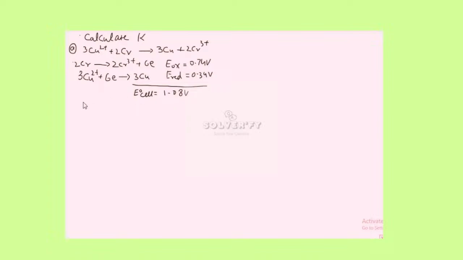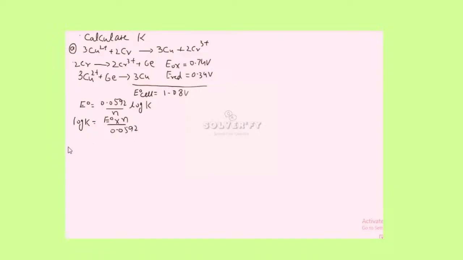To determine the K, we will use the equation that E naught is equal to 0.0592 divided by N, where N is the number of electrons lost or gained in the reaction, into log of K. Or we can write that log of K is equal to E naught of the cell into N divided by 0.0592,